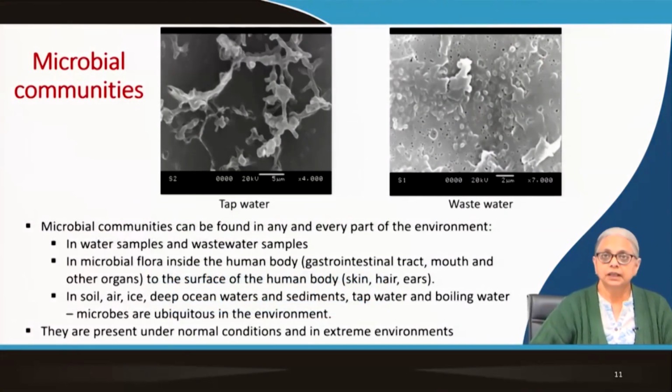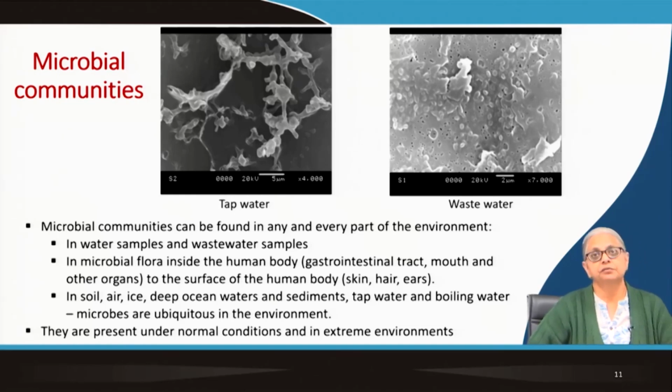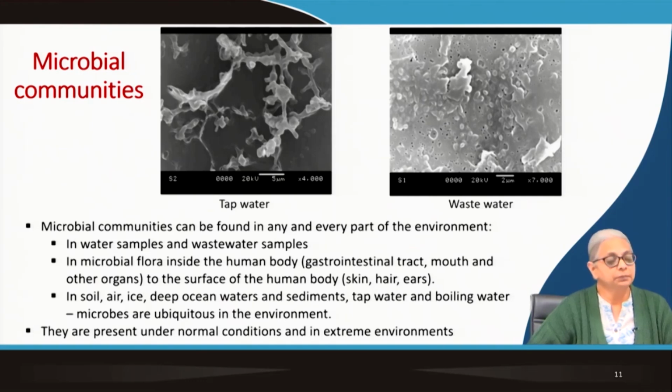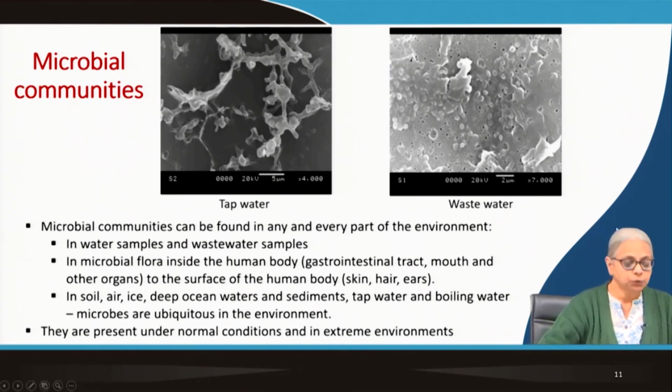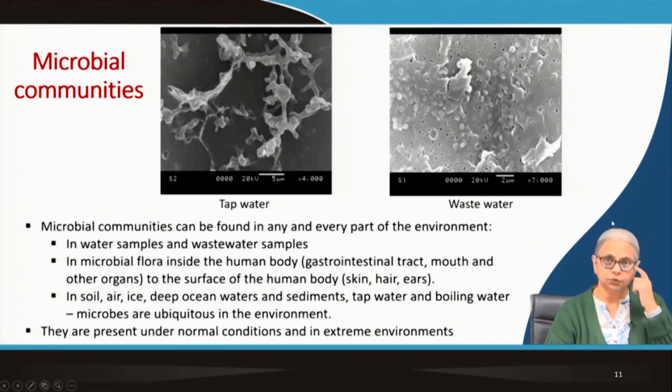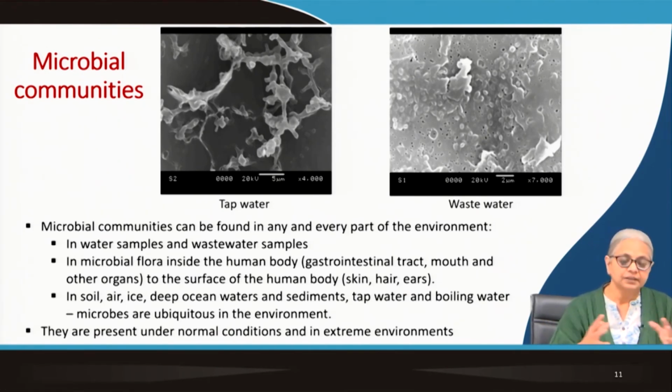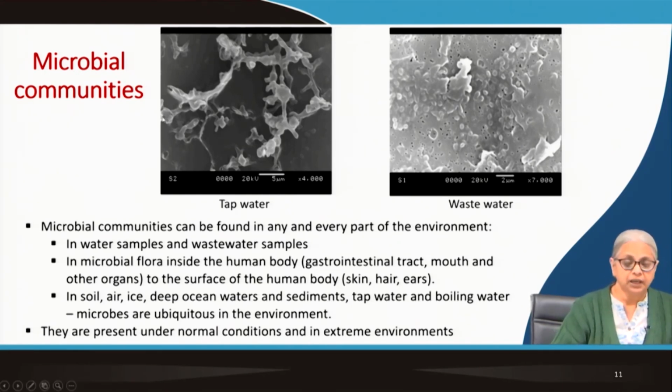Right, so let's take another look at the various types of microbes that we are going to be looking at. You can see microbes all around you. They are ubiquitous in the environment, which means no matter where you are, whether it's too hot or too cold, in your normal environment, you will find any number of microorganisms. In this slide and the next few slides, I'm going to show you examples of different types of microorganisms. Since I work in the area of water,